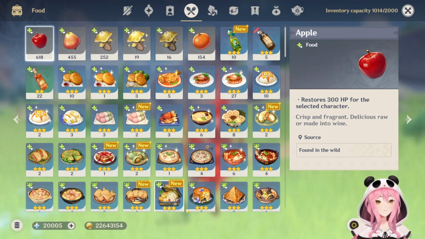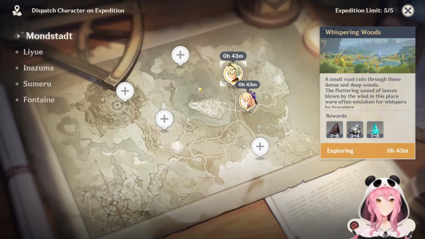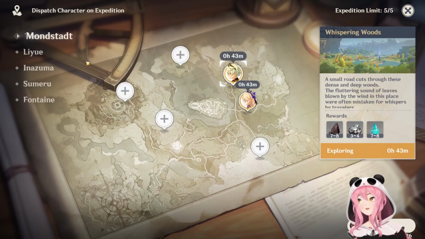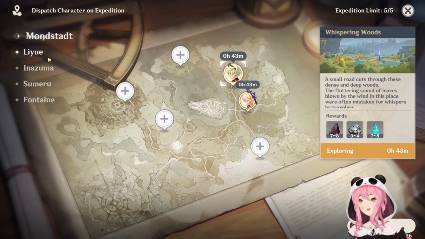And even if you're focusing on one character, trying to get their talent levels high, leveling up their ascensions and talents and weapons and artifacts, that's going to cost a lot of Mora for just one character even. So there's actually a lot of ways to make Mora. The first thing that we can talk about are expeditions. Expeditions are like side quests where you can send characters out to